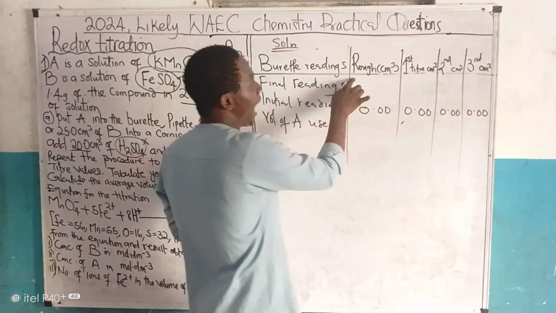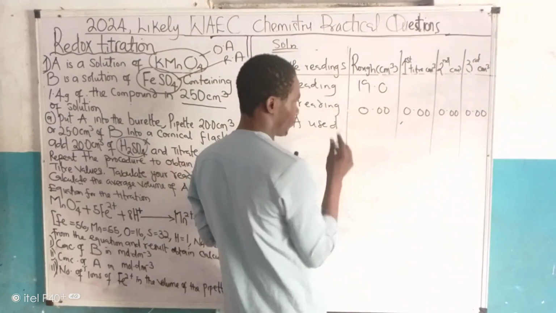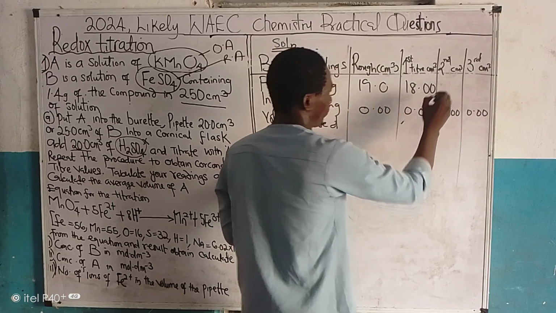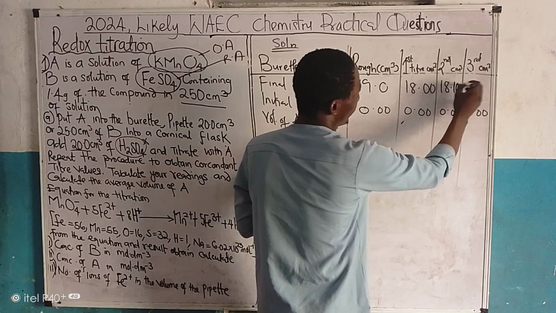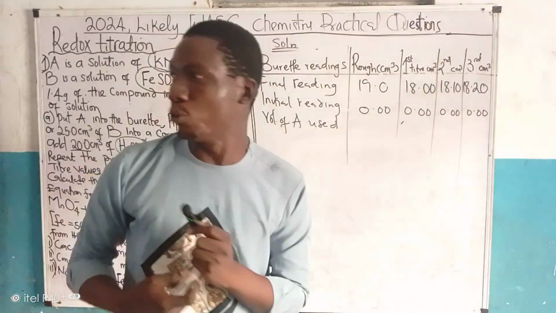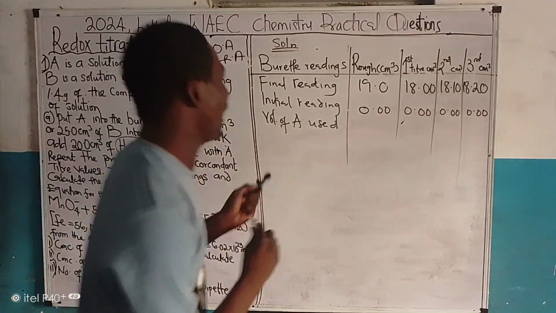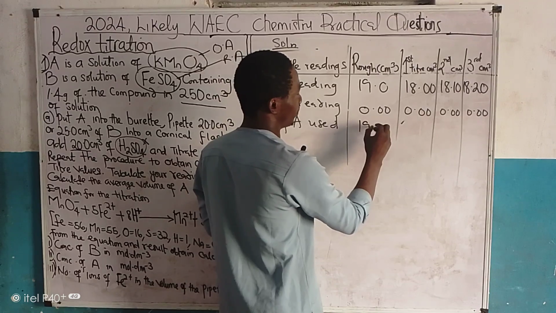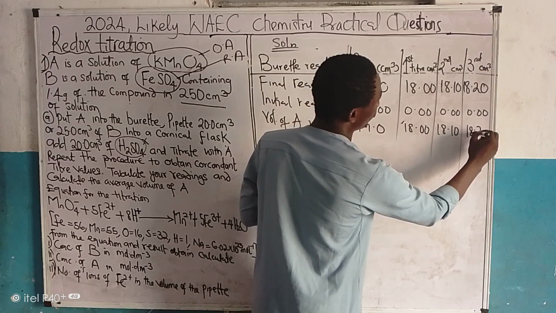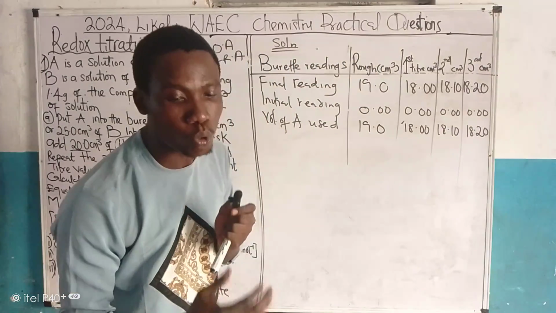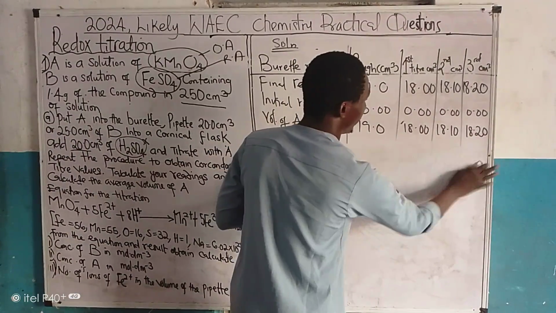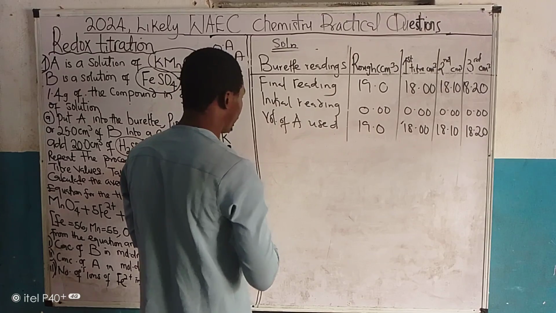So we can begin that our rough can be 19.0. So that we go back to 18.00, 18.10, 18.20. Remember that the errors could be plus or minus 0.2. So let's subtract 19.0 minus 0 gives us 19.0, 18.00, 18.10, 18.20. This is our table of values. Okay? Now, if we have this as our table of values, we can calculate the average volume of the